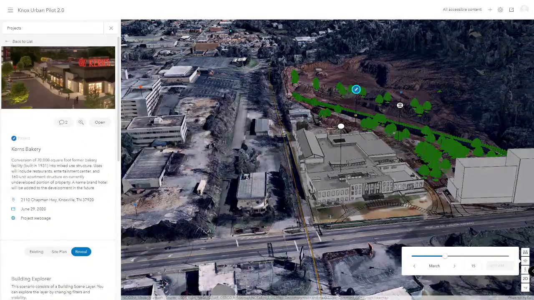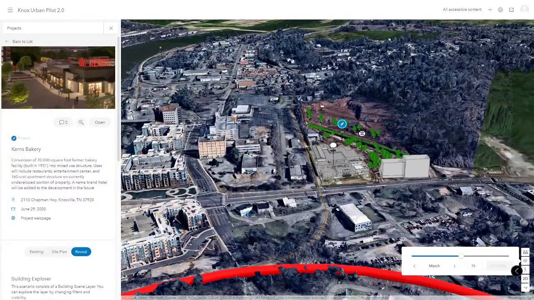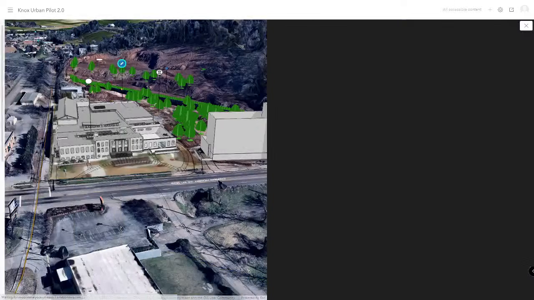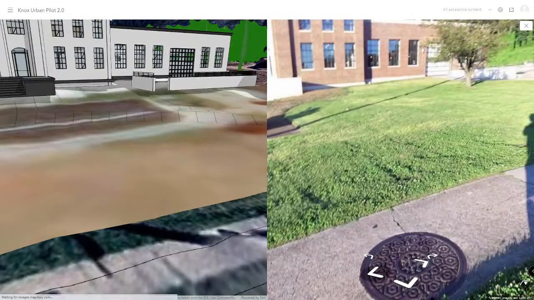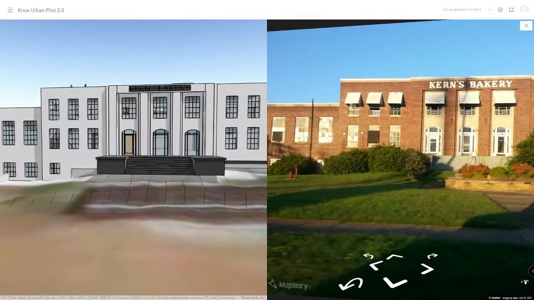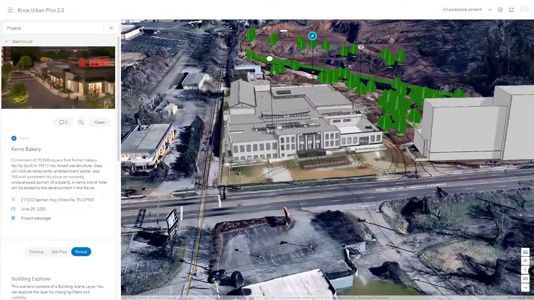We can change the time of day, do shadow and daylight analysis, and also the month of the year. Now, if this isn't realistic enough and interactive enough, you can drop down to street level. So bring in street level imagery and see your proposed development side by side with existing conditions. So we'll pop out of this,